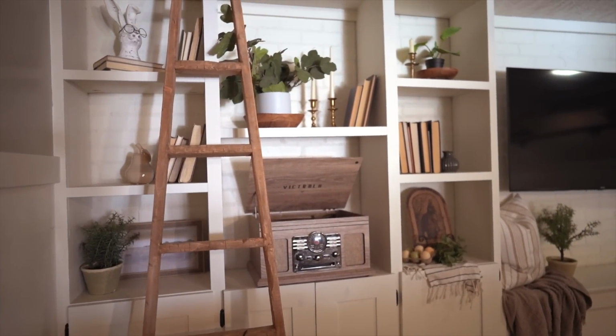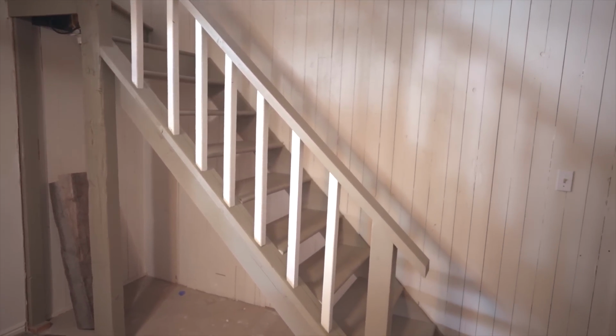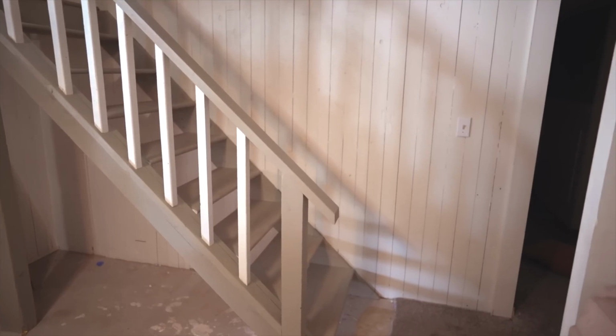But I also wanted to show you a quick view of our staircase, but I love this space so much now. I love the fact the staircase is exposed. I think it just makes so much more sense the way that the layout is now. But that's everything